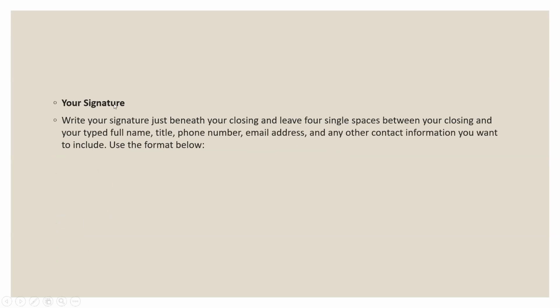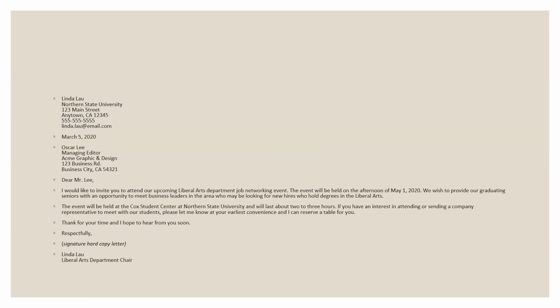Okay, right. You can write your signature just beneath your closing and leave four single spaces between your closing and your typed full name, title, phone number, email address, and any other contact information you want to include. You have to use the format below. So this is the format. The receiver's address and name, date,